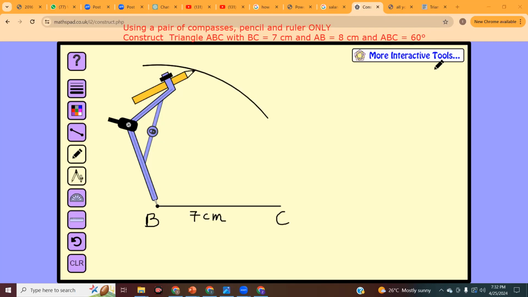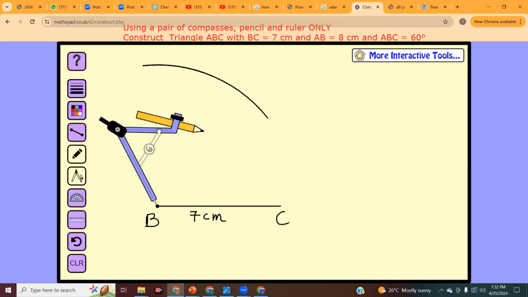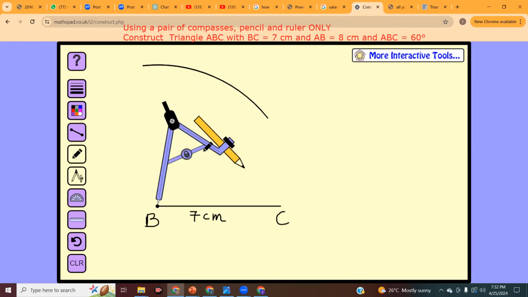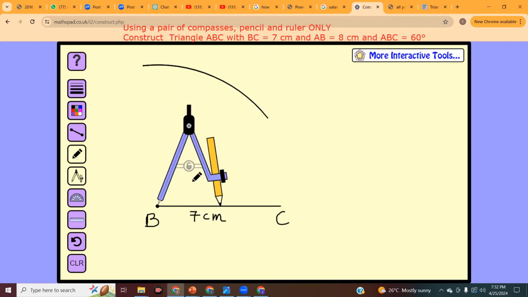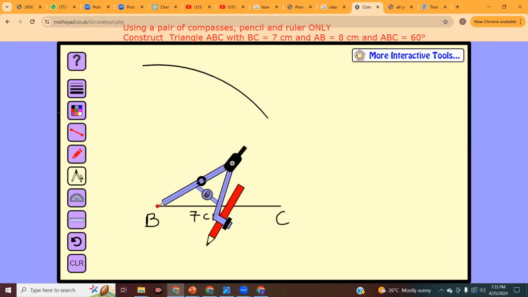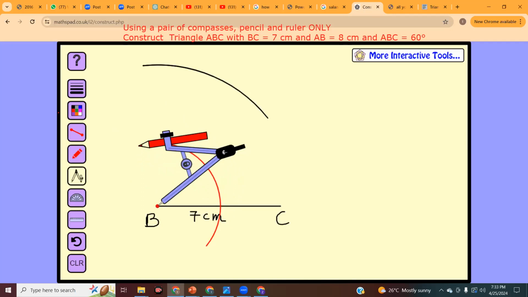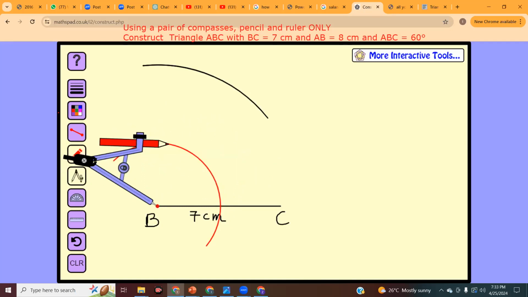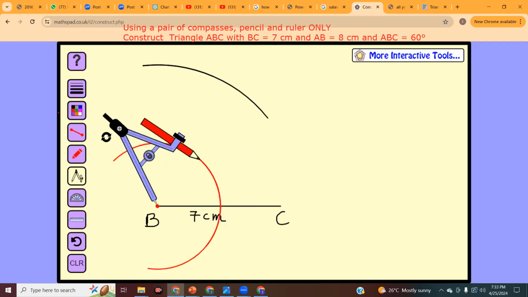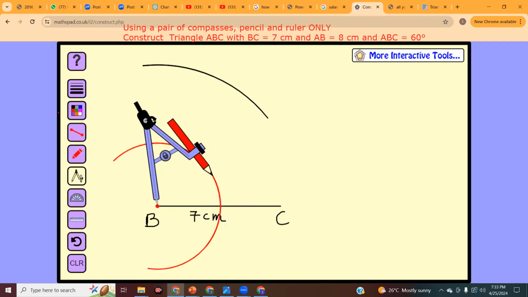So in order for us to draw a 60-degree angle, Dion, what should we do? First, we have to put the compass on the point of B and construct a curve in the middle of the baseline. And then after that, we would put the compass on the line we created. So we have to first draw an arc first, right? Yes, sir. Good. We have to draw an arc that intersects our first ray.